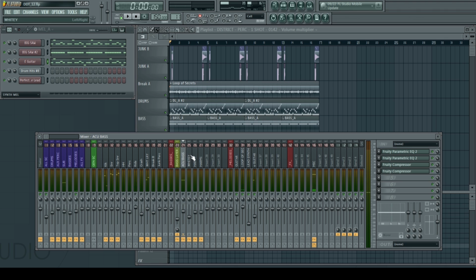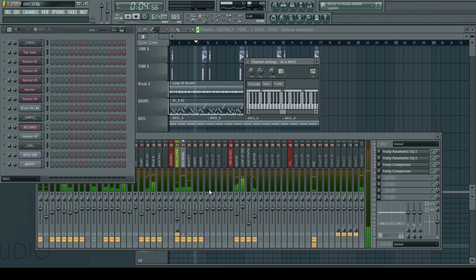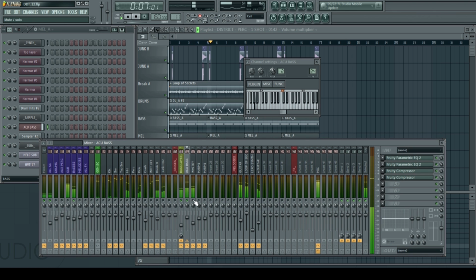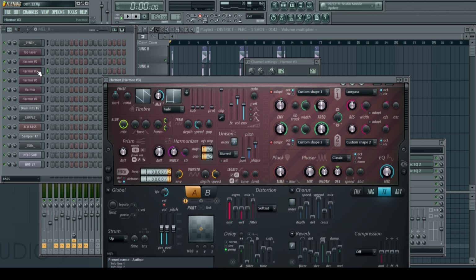Same with the bass. The bass actually has another bus before the bus. I've got an acoustic bass sound, sorta. It's an electric bass, but plus a white noise with a saw called Whitey, and they are going to this bus right here, and then they're going to the bass bus. And the reason I did that is because I'd like to think of these as one piece, so I put them together into one channel, and then the rest of my basses